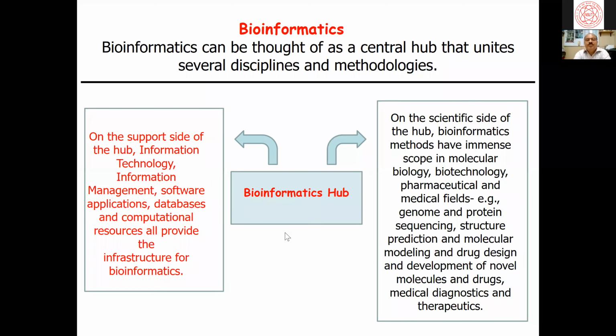Yeah, okay. So it can be thought of as a central hub that unites several disciplines and methodologies. And we can conveniently divide this hub as having a support side and a scientific side. On the support side of this hub, we have all the information technology: how you manage information, different software applications, various databases, and all the computational resources, whether hardware or software, that provide the infrastructure for